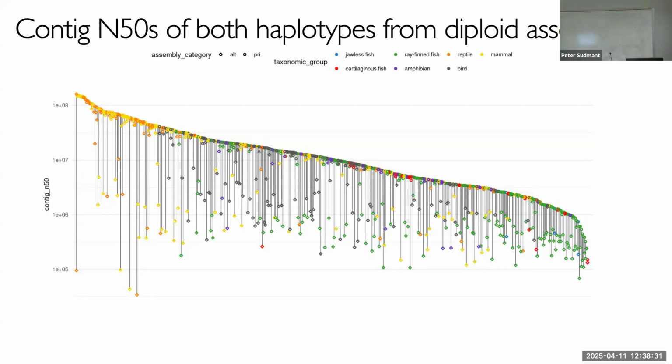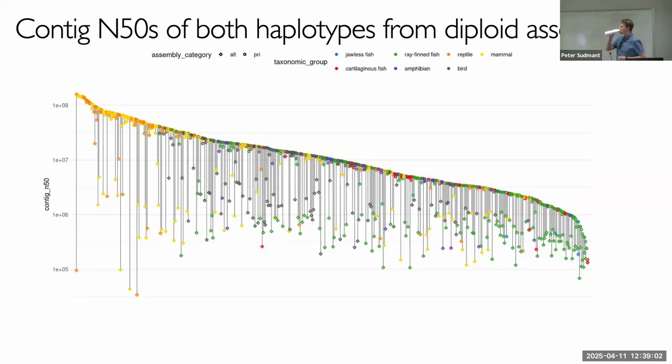There's a couple things you can take home from this. First of all, you can see the mammalian genomes are the biggest, right? They're the yellow. I guess the mammalian and the reptilian genomes are the biggest over on the left. Fish genomes tend to be the smallest. And in general, it looks worse than it is because you're only seeing the black, but there's 500 things here. Most of these haplotypes are pretty good. Both of them are very, very high quality. It's a quality metric, not about the length of the genome. Yes, this is mostly a quality metric.